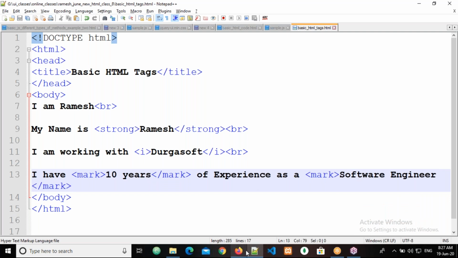Now go to the browser and refresh. See here how this highlight is coming. So you know a highlighter pen, right? Some people have that habit. Some people will read any book with a highlighter pen only. Whenever they find any important topics or important points, they will highlight with a highlighter pen. Especially some lawyers, they will be like that. They read books related to law, and whenever they find important points, they highlight like this with a yellow color pen. So if you want to give that type of experience to the user, then you need to go for the mark tag. Automatically the background color will come in yellow.